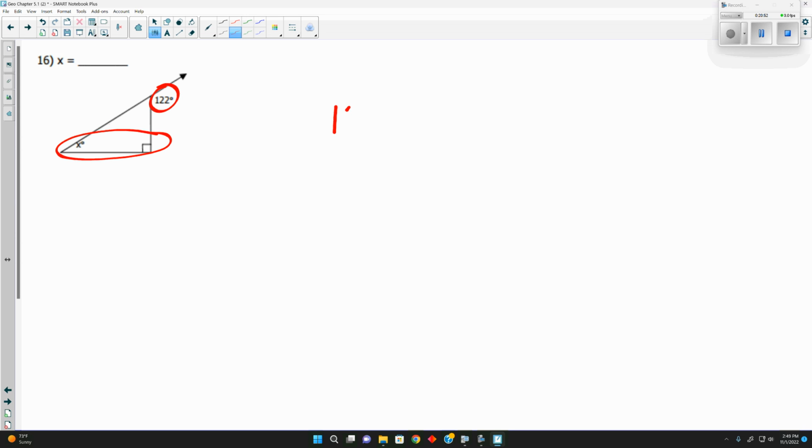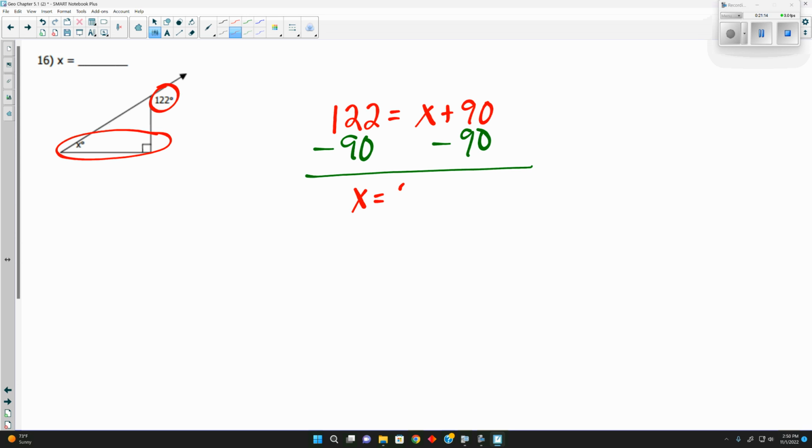So here 122 is equal to 90 plus x or x plus 90. Either one works, because addition, x plus 90 and 90 plus x are the exact same thing. So x is equal to,